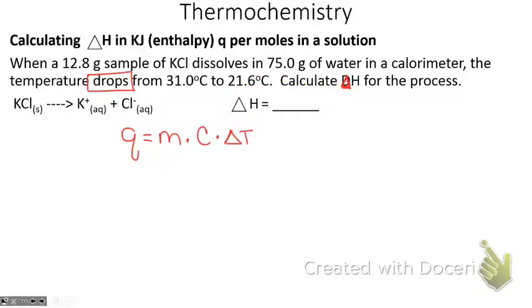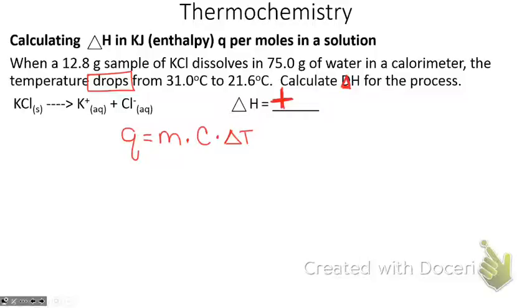Before I even do anything, I like to look at what the temperature is doing, because whatever the temperature is doing is going to distinguish what my sign is going to be on my change in enthalpy. Because this temperature is dropping, that means it was an endothermic process, and you should have a positive value here for change in enthalpy. So before I even pick up a calculator, I'm going to go ahead and put a plus sign here